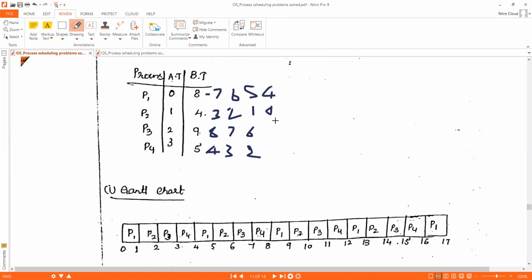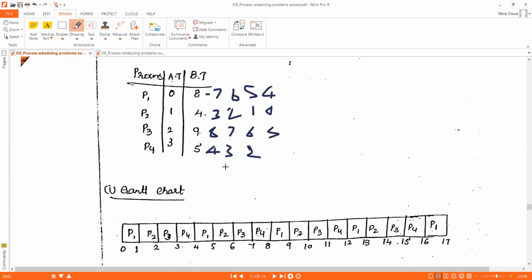Process 2 has completed its job, so it will exit from the queue. Okay, so process 2 is done now. Now the CPU will be given to process 3. How much is remaining for process 3's execution? Process 3, we still have 5 milliseconds.